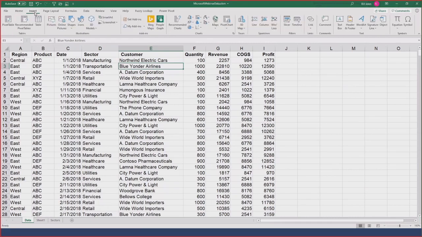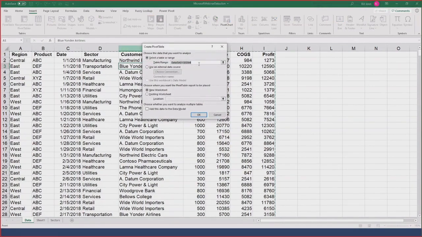First click is click on the Insert tab. Second click here, go to Pivot Table. And I'll point out, if I want to recommend a pivot table, I could get there 2 clicks shorter. But since I know what I want, I'm going to go with Pivot Table. And it detects the edge of the data, A1 to I564. Because I have no blank rows and blank columns, it figured it out.